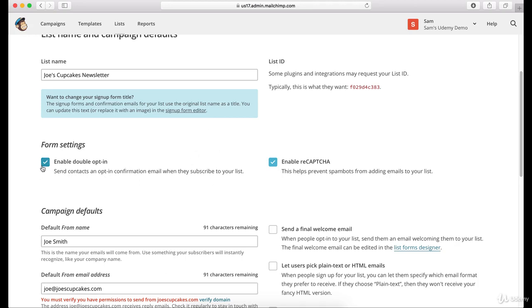So let's say they subscribe, they're going to get an email that says, you subscribe to this list, please click here to confirm. Now, notice when we click this, it also automatically clicks this, enable reCAPTCHA. So you can actually do CAPTCHA whether it's double opt-in or not, but when you do a double opt-in, the CAPTCHA is automatically added and utilized. So what the CAPTCHA